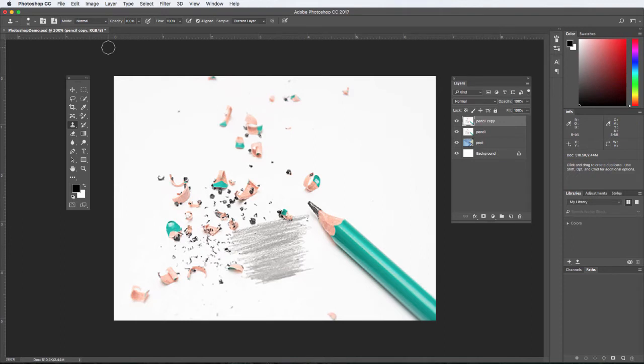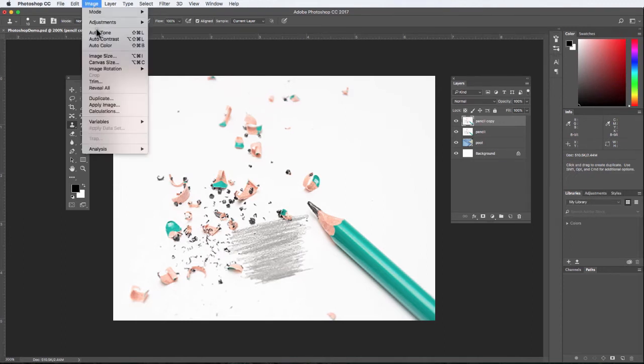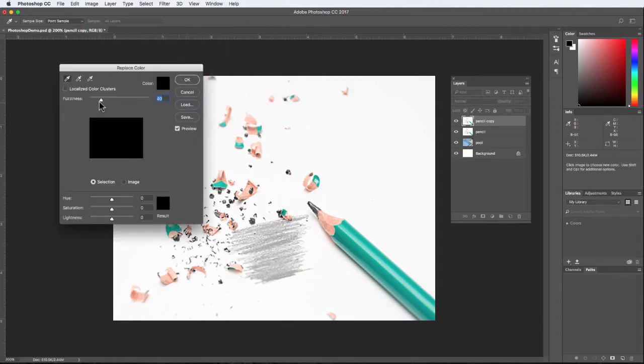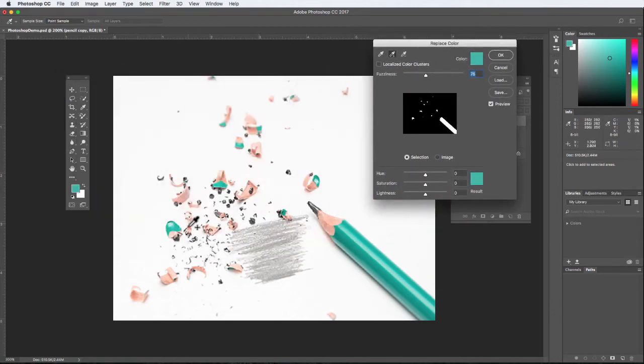So my first approach to this would be to replace the colors by going to Image, Image Adjustments, and choose Replace Color. Using my eyedropper tool, I'm going to go ahead and select my form here and get as much of this as possible. Then increase my fuzziness here. And once I have a nice solid form here, just so you can see all my particles,